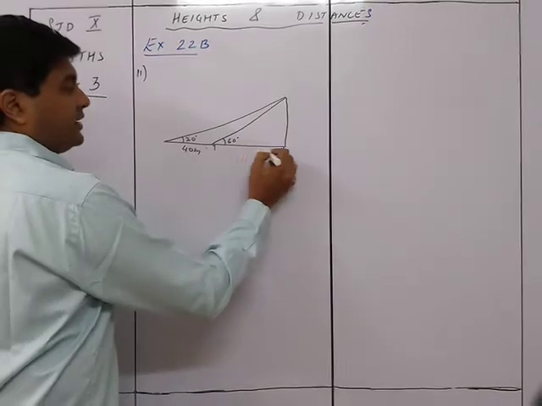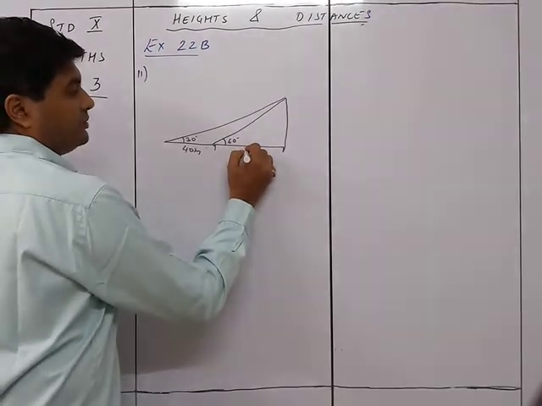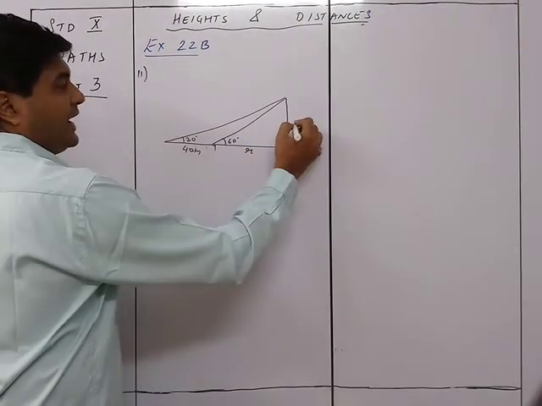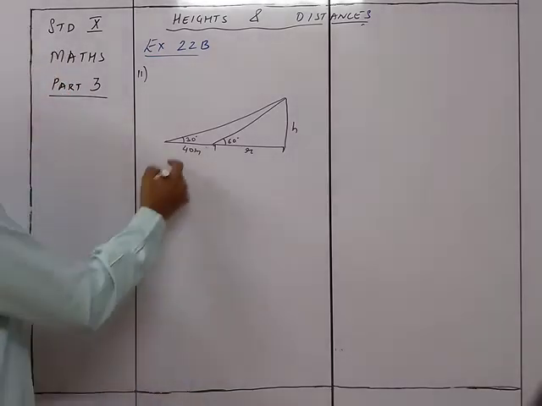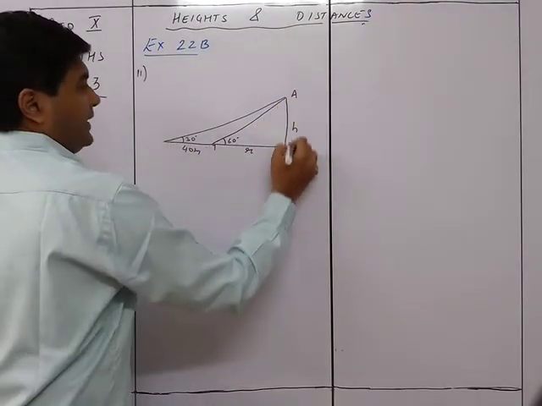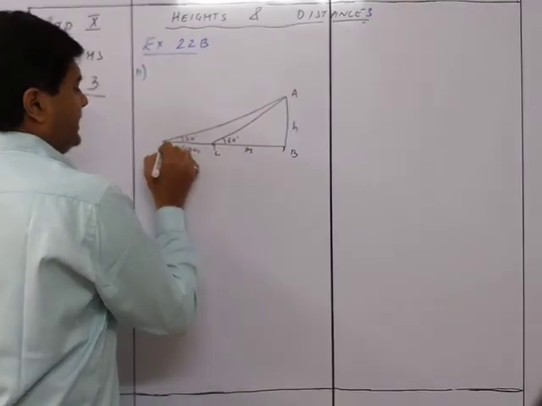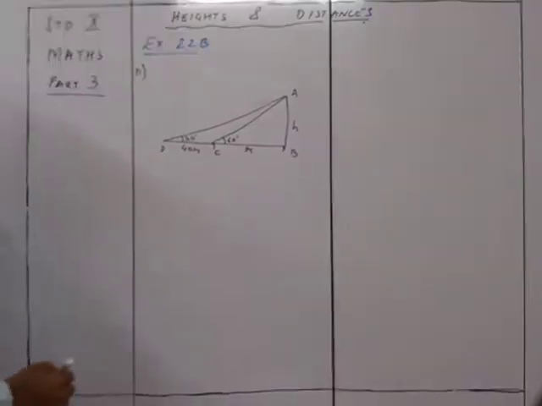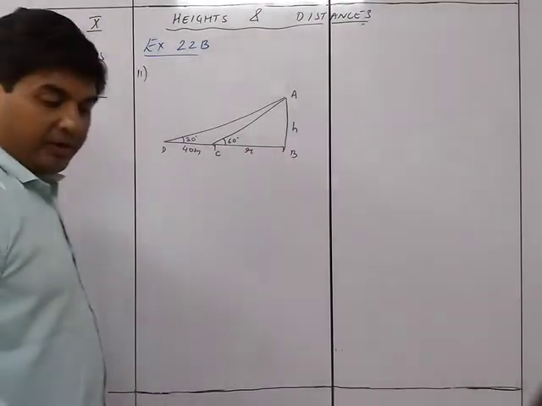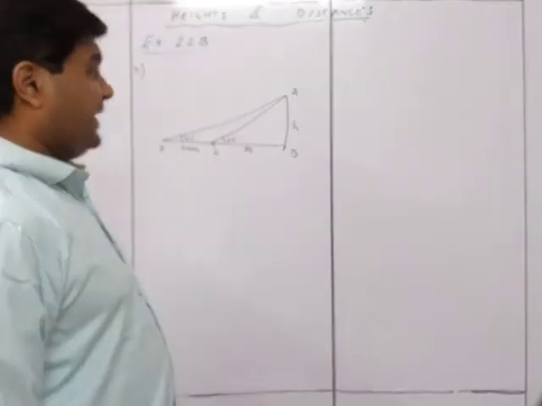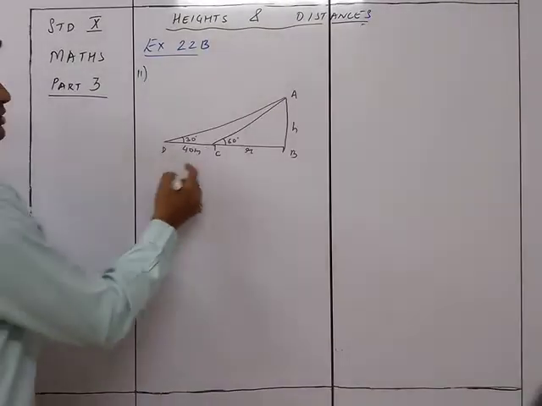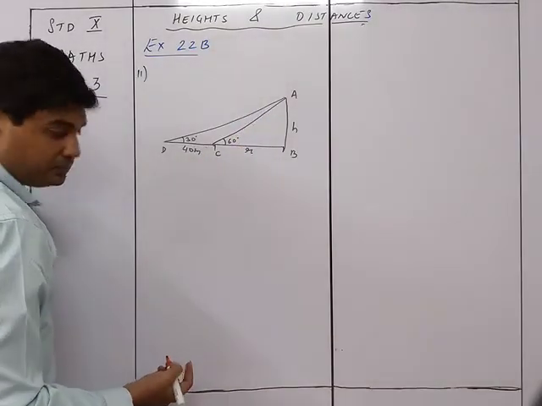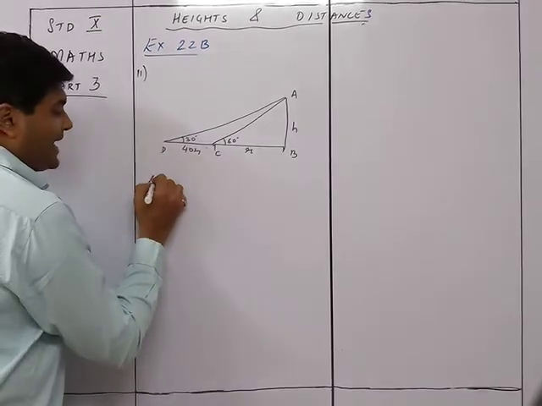This is the width of the river. So this is the river, we take it as R, and this is the height of the tree H, this is 40. So let's take it as A, B, C and D. We need to find out R and we need to find out H. So first case, you know only this 40 over here, so tan